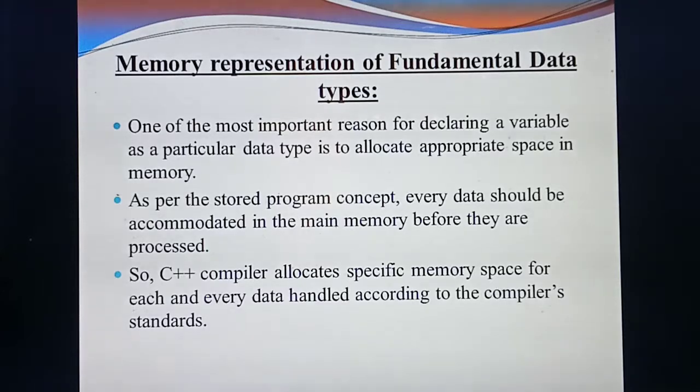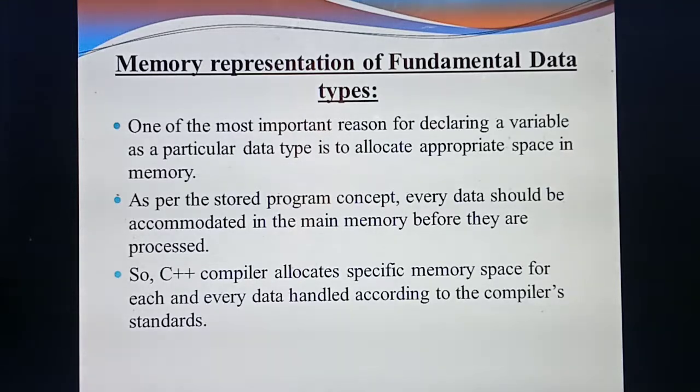So how it will allocate the space means based on the data types. So next topic we are going to study about the space for each data type. For example, you are assigning the data type as an int, so for integer how much space? If you are assigning a variable as a float data type, for float how much space? Based on the data types, it will allocate some space for each variable.